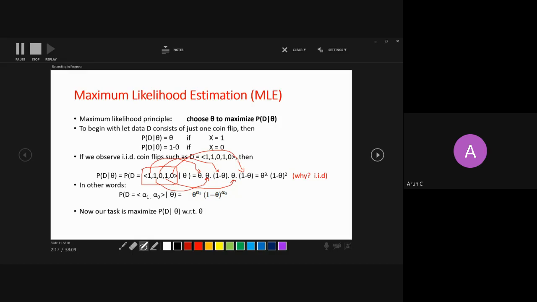And again, you remember what we had done: it is an IID assumption. You multiply all these probabilities and you get this expression, right? So this expression says that you plug your theta into this, and you get the total likelihood, the probability of seeing the data. If you plug a value of theta into this expression, you will get to know the probability of us seeing the data with this theta.